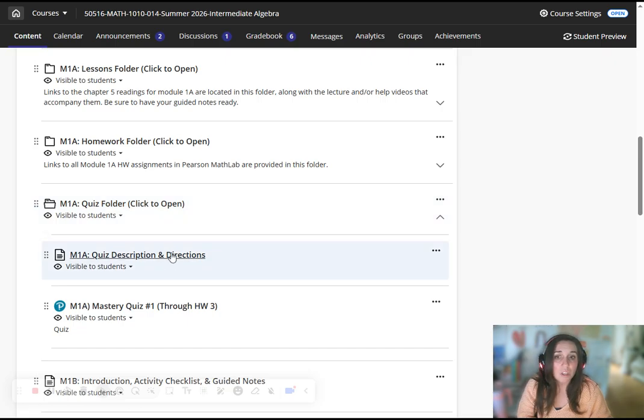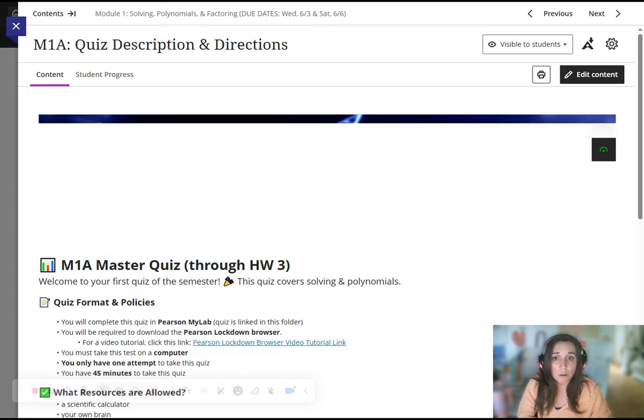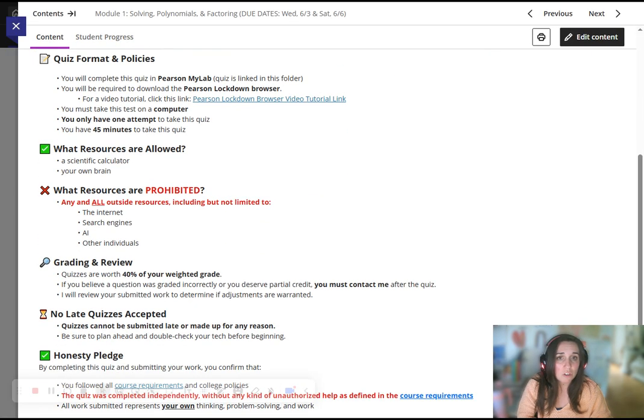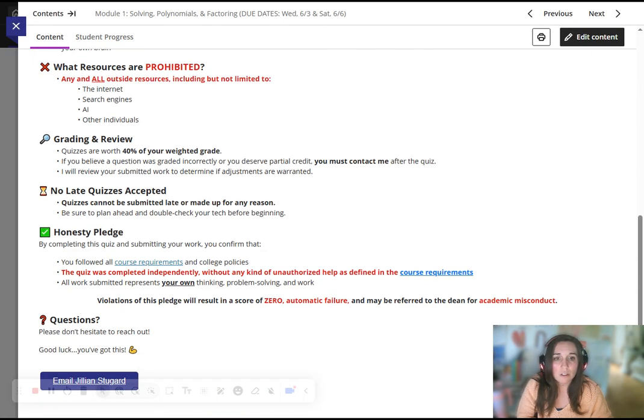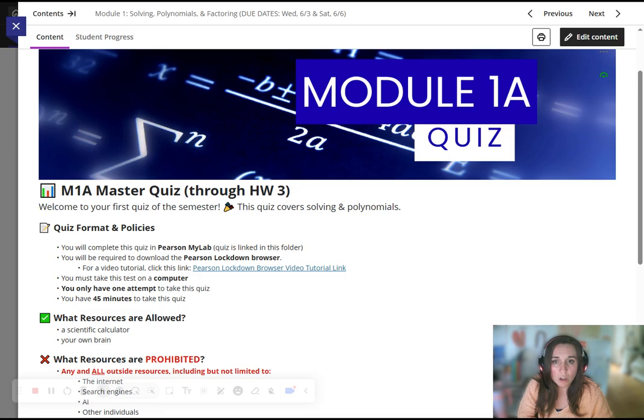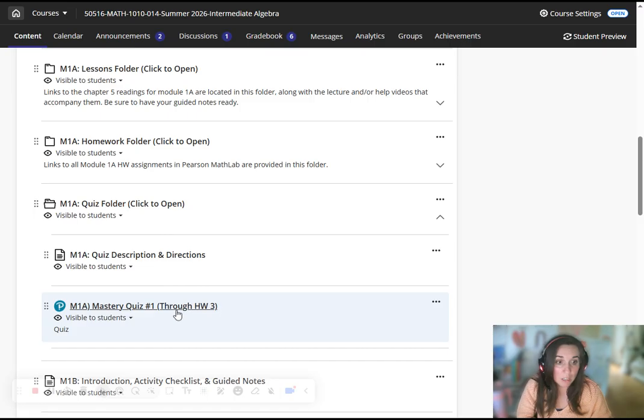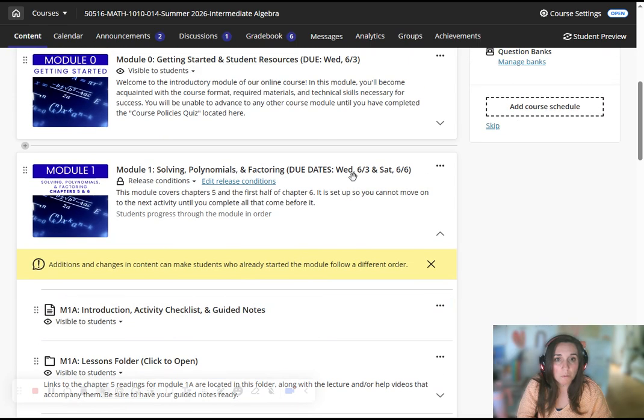In the quiz folder, there's a description of the quiz directions. It reminds you about the lockdown browser. It tells you what you can and cannot use on a quiz and all of that. So you can read through the directions, and then you link out to the quiz. And once you start it, it's going to put you immediately in lockdown mode. So make sure you're on a computer. And all of that is the first half of the week, and that would be due